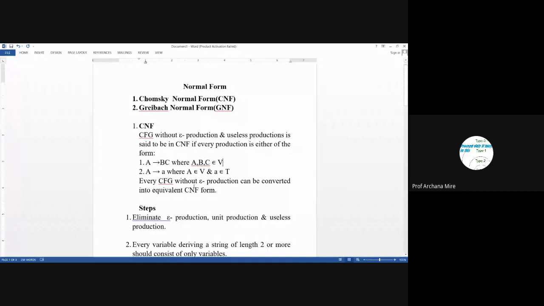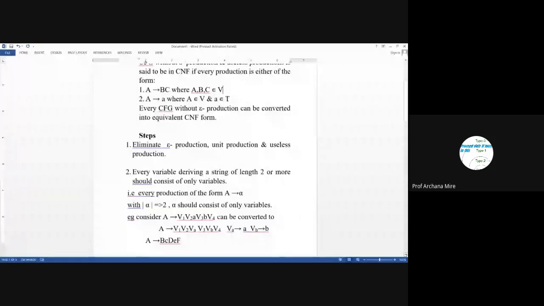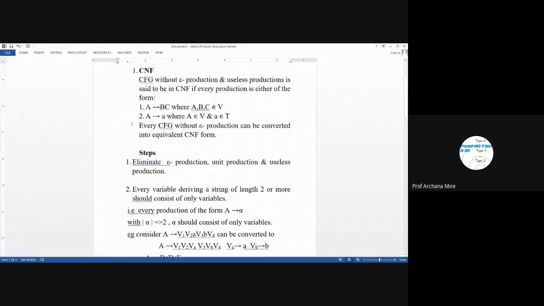Once the grammar is simplified, we check all the production rules to see that they are of a type where exactly one non-terminal leads to exactly one terminal symbol, or exactly one non-terminal leads to exactly two non-terminal symbols. For that we have seen the example where A leads to BC. Such production rules are accepted in Chomsky normal form. Only these types of production rules are allowed in CNF.